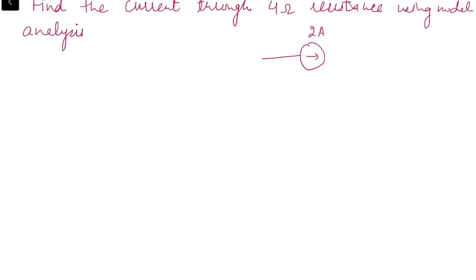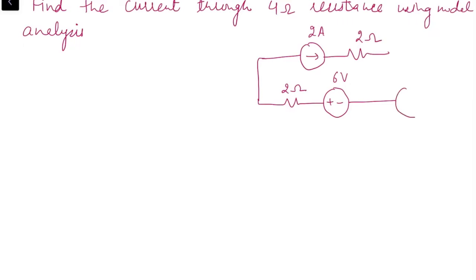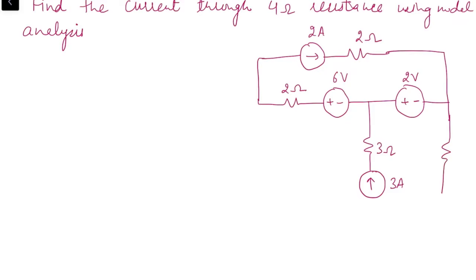Here we have a 2 ampere source in series with 2 ohm resistance, again 2 ohm resistance in series with 6-volt source. Here we have 2-volt source, 3 ohm resistance in series with 3 ampere source. This is a given network where we need to find out the current through this 4 ohm resistance using nodal